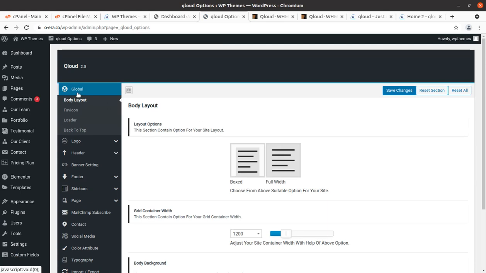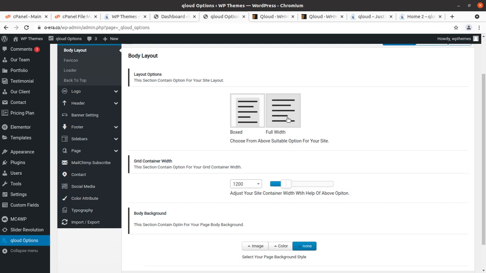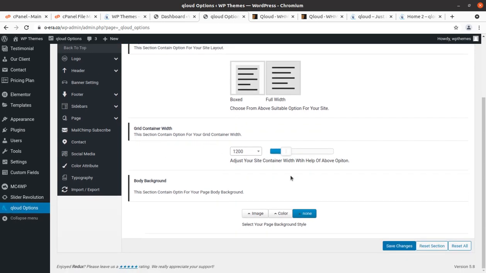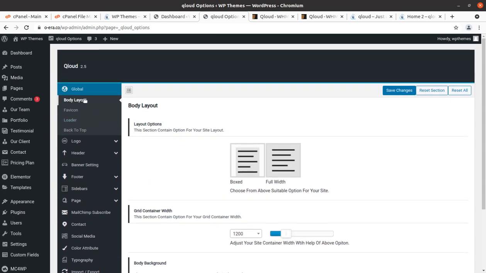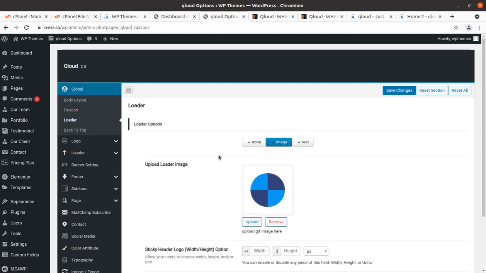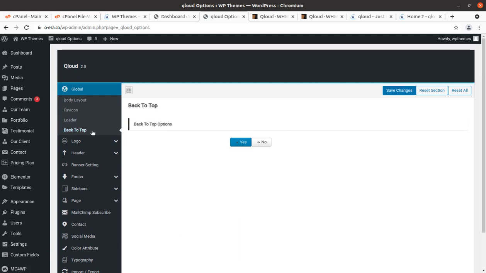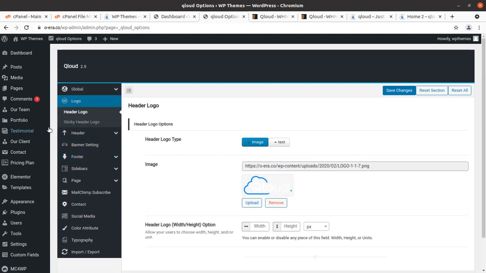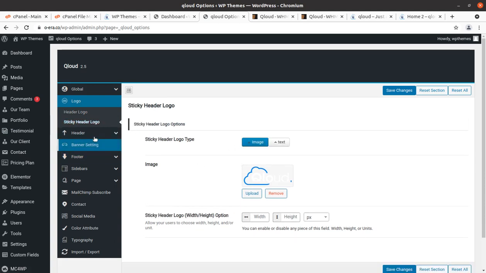This is global options. So layout option, boxed or full width, and container width can be set from this screen. Body layout, favicon, the preloader which we saw, and back to top. Logo can be changed from this option, and sticky header logo is also here.